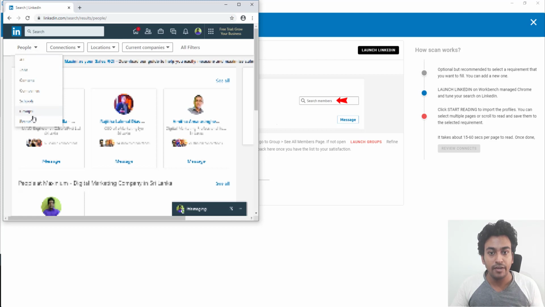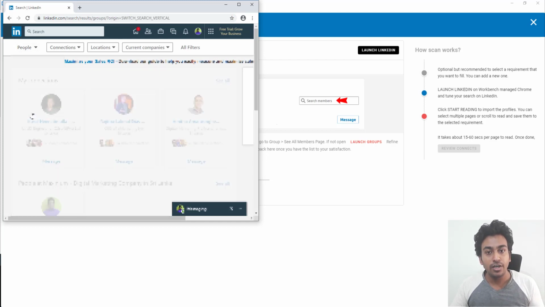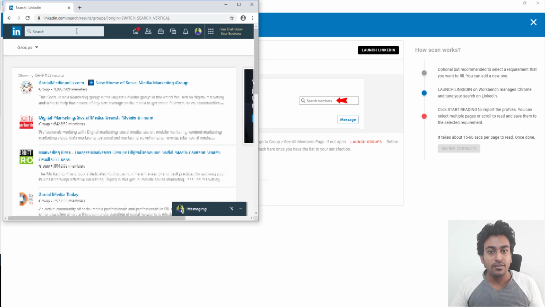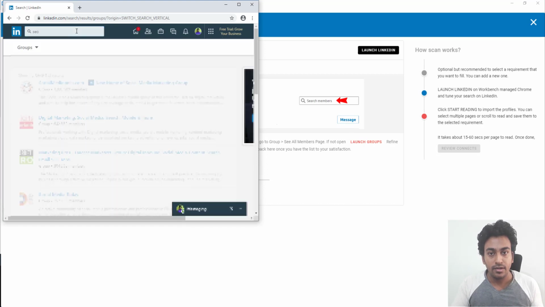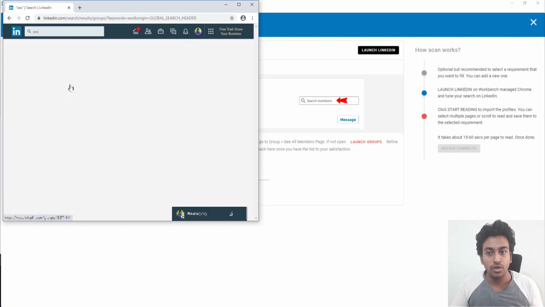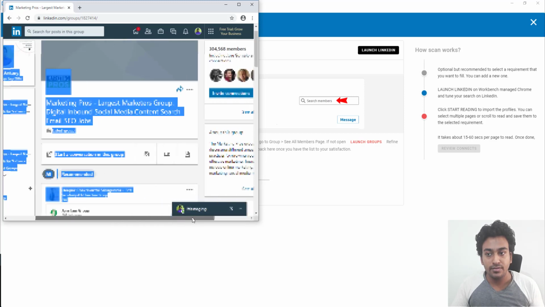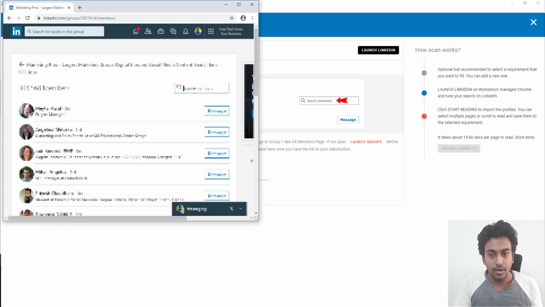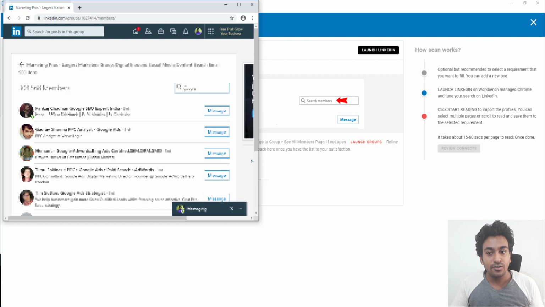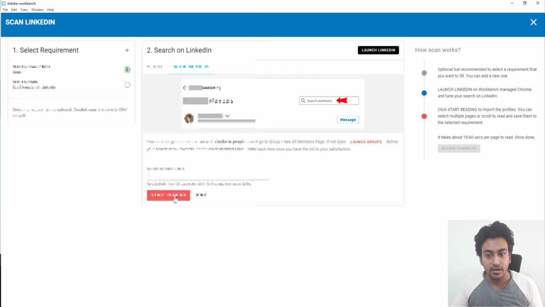What it should do is, when I was testing it out, it should come into group, and here you can search for any group you want, let's say for SEO, and you can go into a group and select from the sidebar, see all members. And here you select if you have any specific keyword you are searching inside their profile, for example Google or something. Then once you've done that, when you click on start reading here, it will start